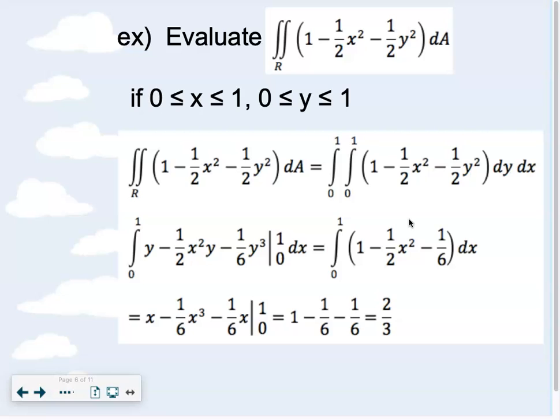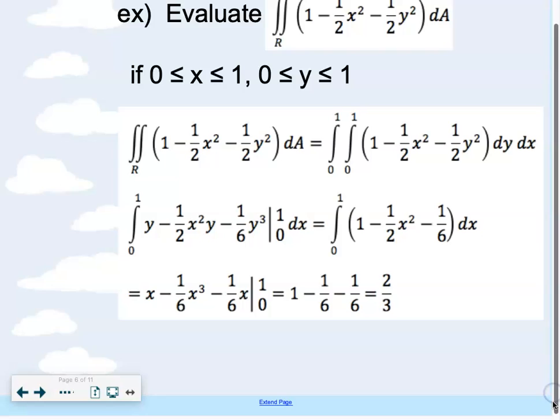So how can you flip it when it's constant but not when it's variables? So for this, the constants were both 0 to 1, 0 to 1. If it was x goes from 0 to 1, y goes from 0 to 3, you would flip the order, and you want to make sure you have the right numbers with the right variables, right? You can flip if you have functions too. It's just not as easy because